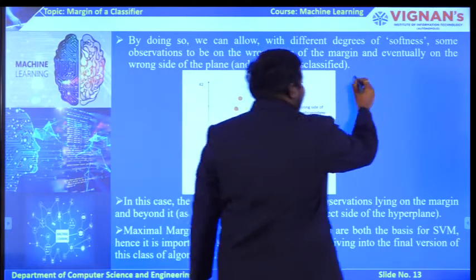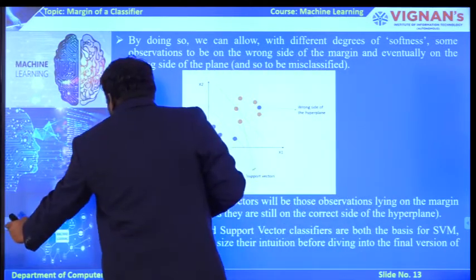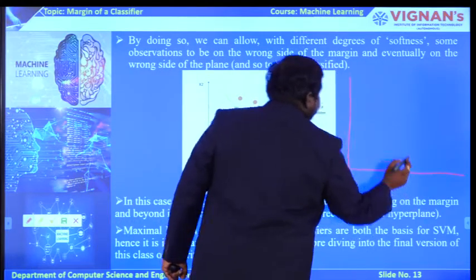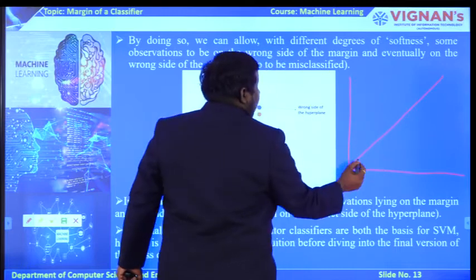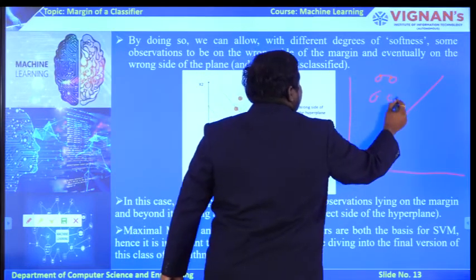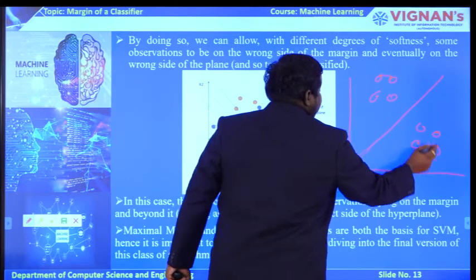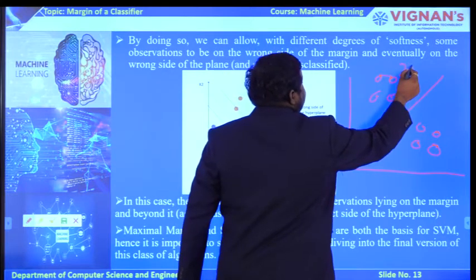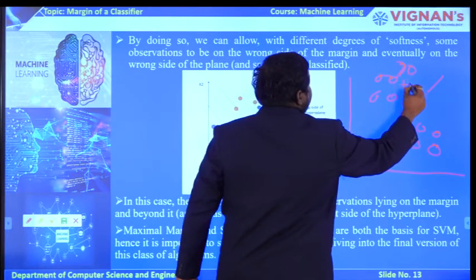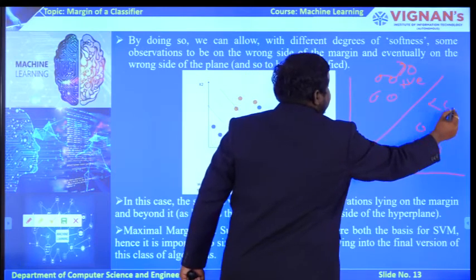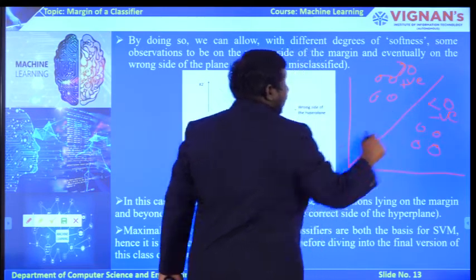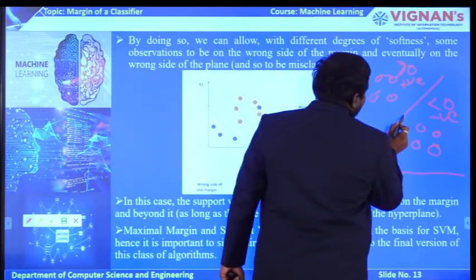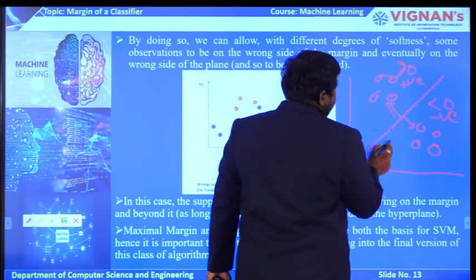Basically, whenever you take a graph, this can be your hyperplane, with some objects lying above and some objects lying below the hyperplane. The condition is that values greater than 0 will be placed on the positive side, and the values which are less than 0 will be kept on the negative side of the hyperplane. And this hyperplane can be calculated by calculating the perpendicular distance between these variables. That is the important point.